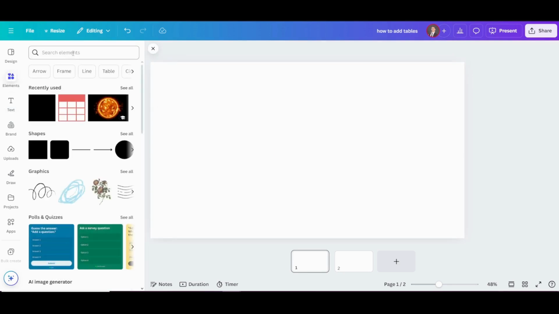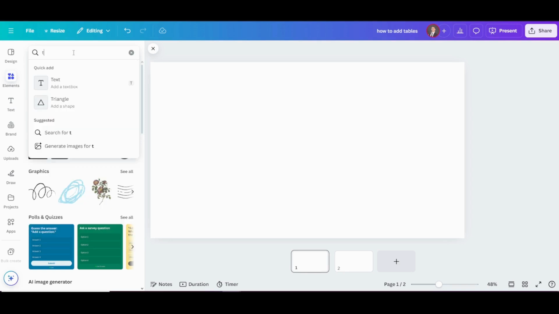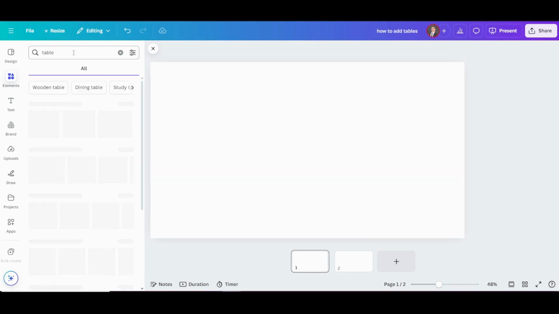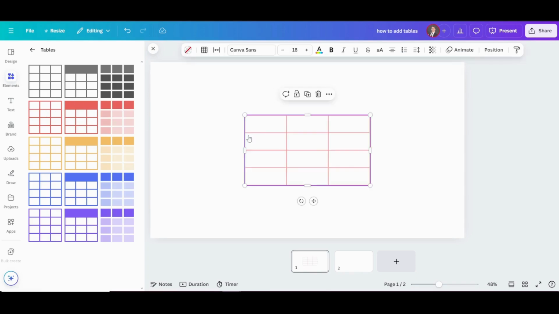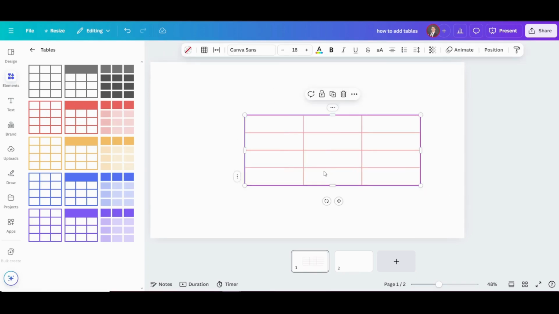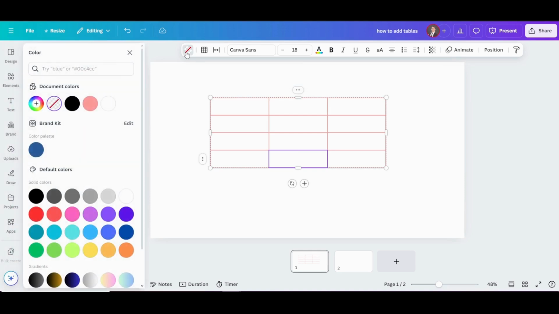In the search bar, type Charts and Tables. Browse through the options and pick a standard table that fits your design. Once you've selected one, you can easily adjust the size, the color, and the data by clicking on it directly